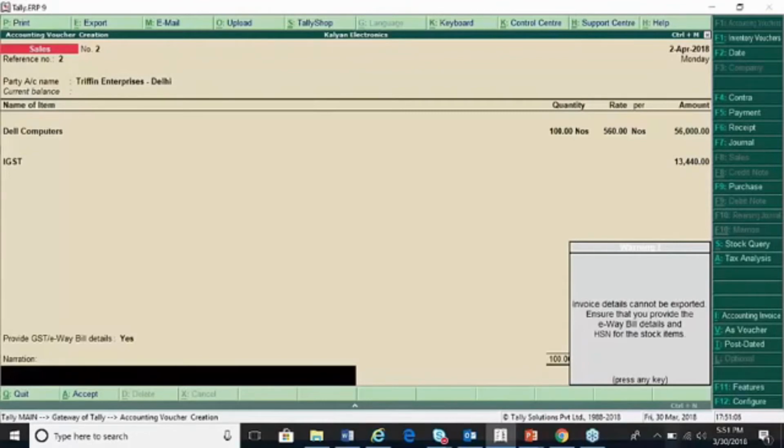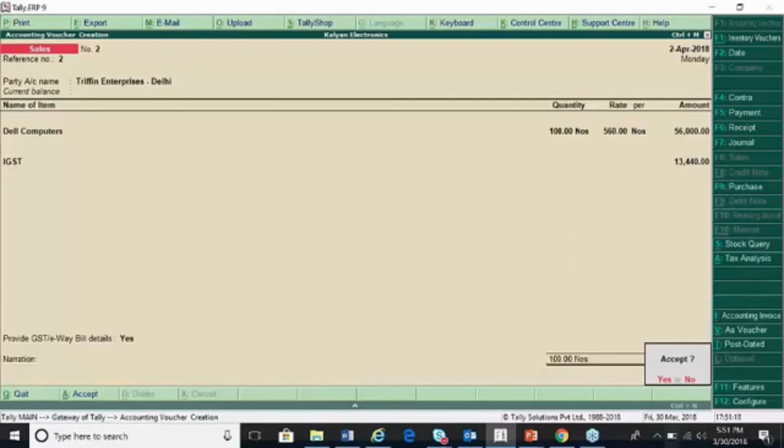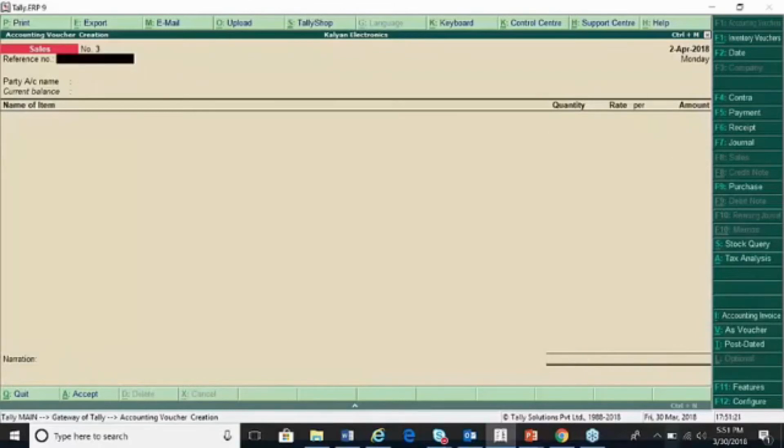In a future release, we are going to bring the exact message stating that the consignee pin code is missing and so on. So users can go back and immediately give those details and try to export, or they can accept it and go to the report level also and see the similar exception, correct it there, and then they can also export it. So let us also do a few more transactions.